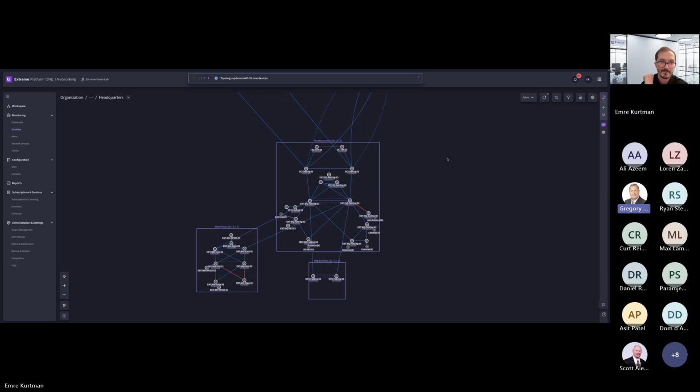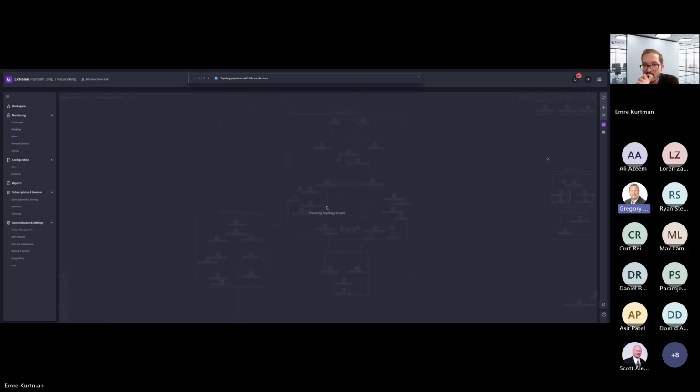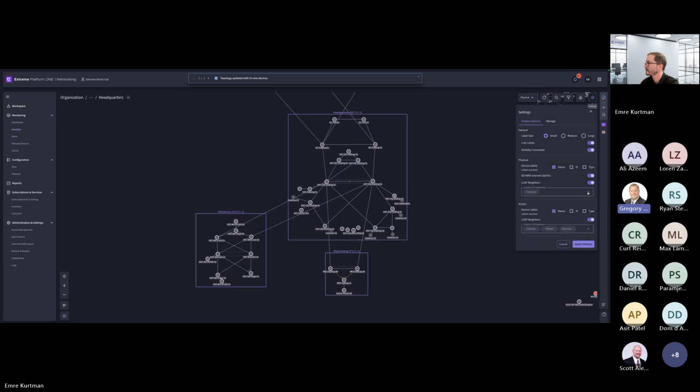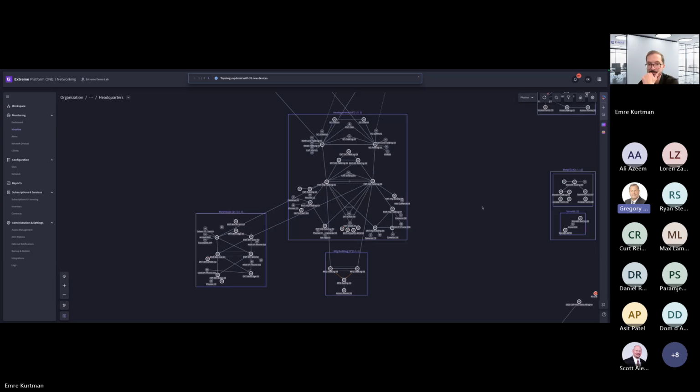Couple of additional questions, if we could, just maybe interrupt for a second. So, two questions. Does this visibility include non-extreme devices that may be connected to an extreme device? So an example, on premise and without the agent. So that part I'm not completely clear on. So I don't know, Tom, if you just want to expand on that. And then the second question here is, would it be possible to import images like a photo of an entire rack or cabinet layout as part of the visibility, I guess, or the visualization?